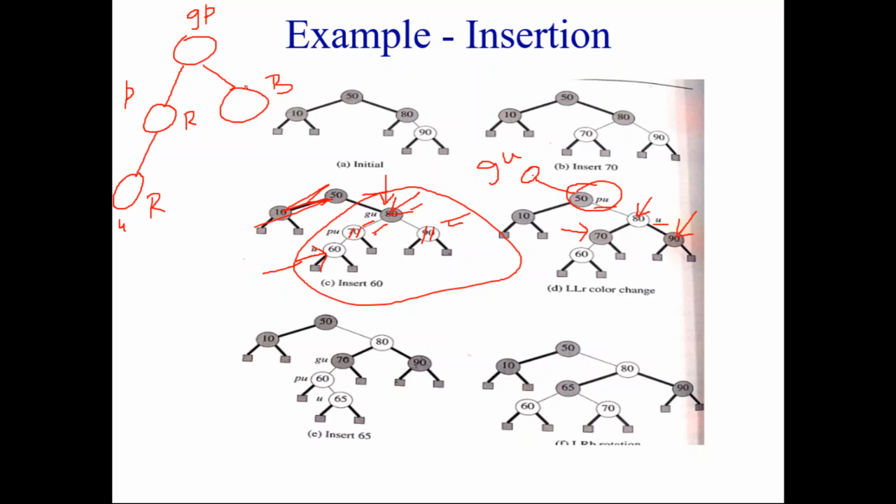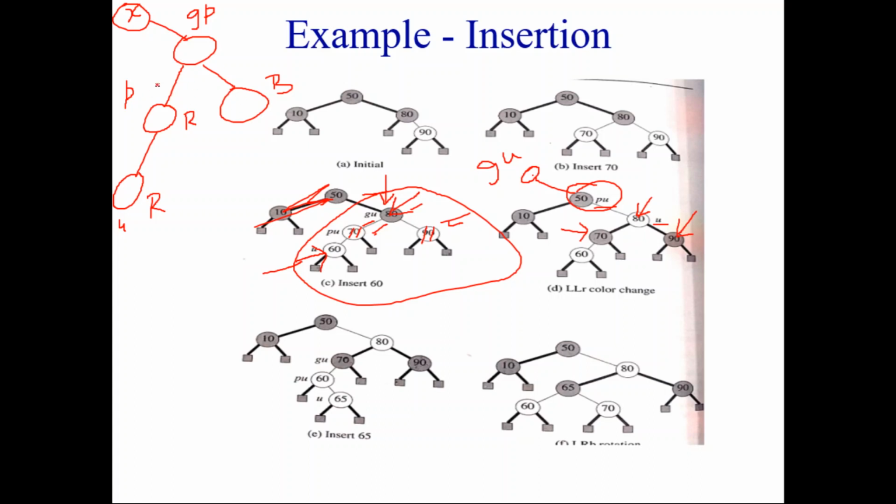When you perform a rotation on the grandparent, the rotation part, whatever we have discussed for AVL, is the same. If the grandparent has another parent, say X, then P will come as a child of X. What child of X? If GP is coming as the right child of X, then P also will come as the right child of X. And GP will become the right child of P, and this node will be the right child of GP, so on and so forth.